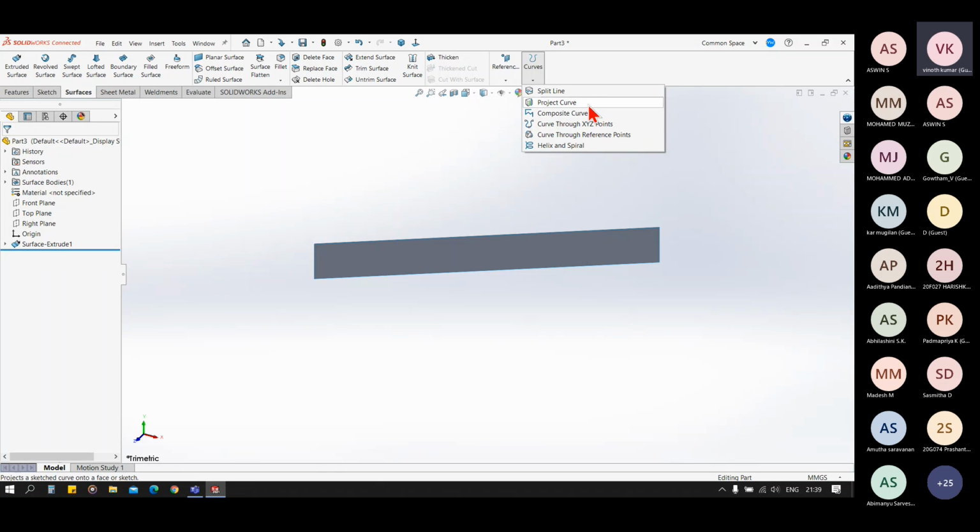In that we have project curve, composite curve, curve through XYZ, and curve through reference point. Okay. Now let's see them one by one.